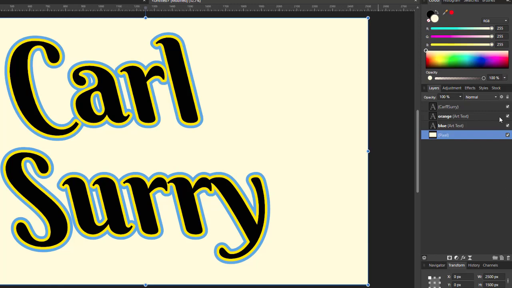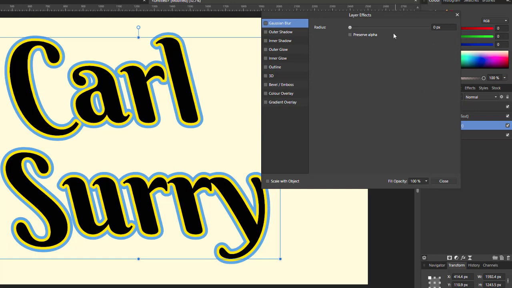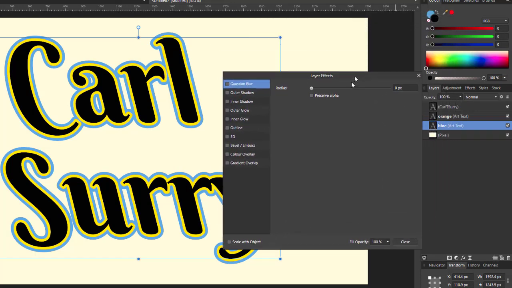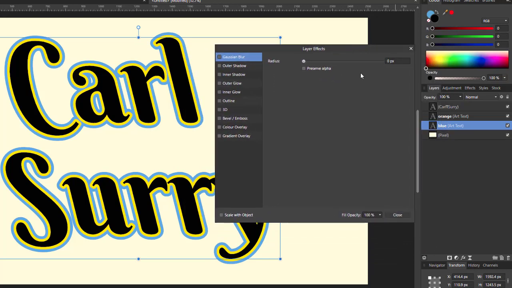So I open the effects by clicking on this FX button down here. You click on that and it will open the effects in their own little floating box. And as you can see, I can still see my layers and make sure I am working on the right layer. So what I'm going to do, remember we are working on the blue layer here, I'm going to put a tick in the 3D box, and then I'm going to click on the word 3D